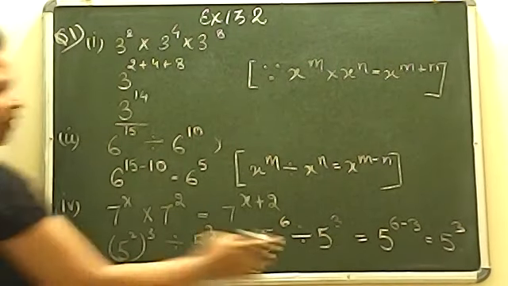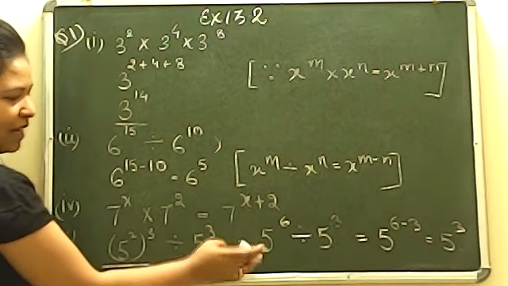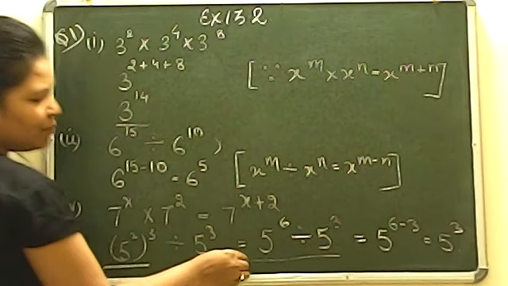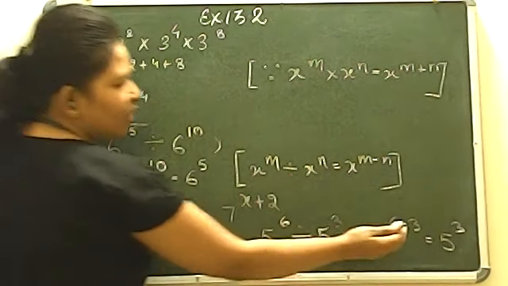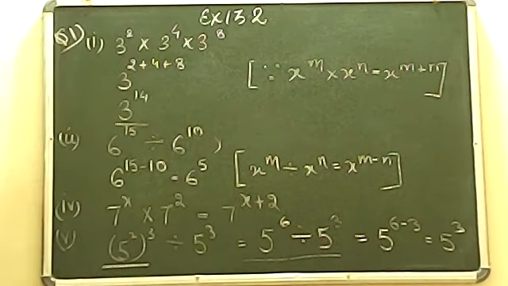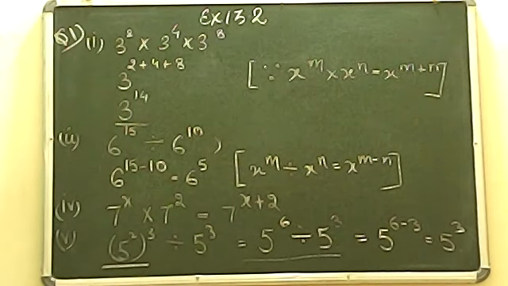Question number 5 में you have used 2 laws. तो पहला जब आपने ये वाली लाइन में, I don't have space so I have not written it, but I am telling you, in this जहां पर आपने ये step solve किया होगा, you will write it down. X to the power m to the power n will be equal to x to the power m into n. This is the law. उसके बाद आप जब next line solve करेंगे, you will be having 6 minus 3, and 6 minus 3 की जगह पर आप यहाँ पर ये वाला law लिखेंगे, which is x to the power m divided by x to the power n is equal to x to the power m minus n. Okay, in each and every question, writing laws is a very important part.